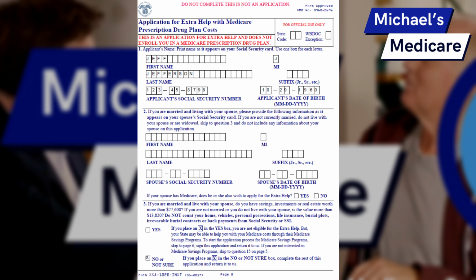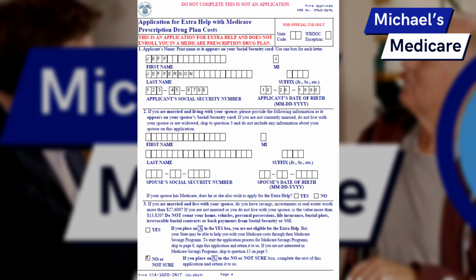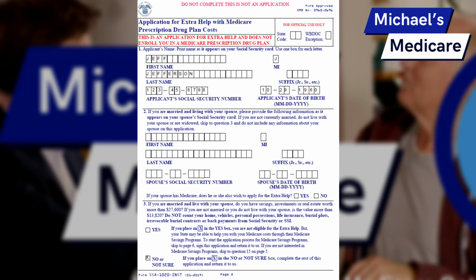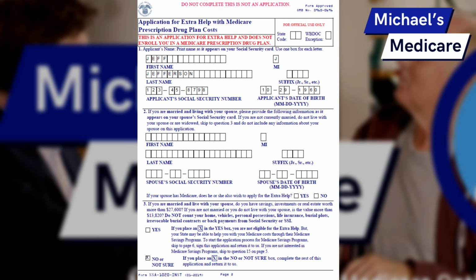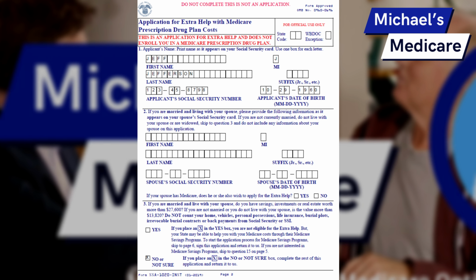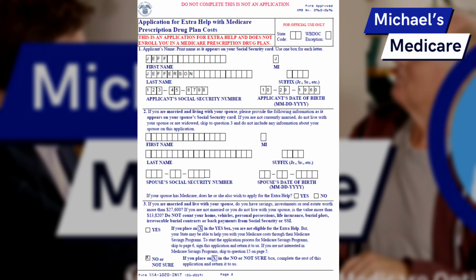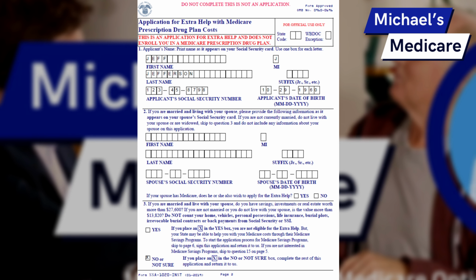Both are good options. If you say yes to it, obviously you may not be eligible for the extra help program because you have income or assets or resources, I guess, that are overall over the amount. But it never hurts to put no or not sure if you are not sure and kind of sort it out in the wash and go through the process. It's not saying that they aren't going to check it, because they will check it, but if you're not sure and you don't know someone who's sure, or you're not sure, it's okay to put not sure and still submit